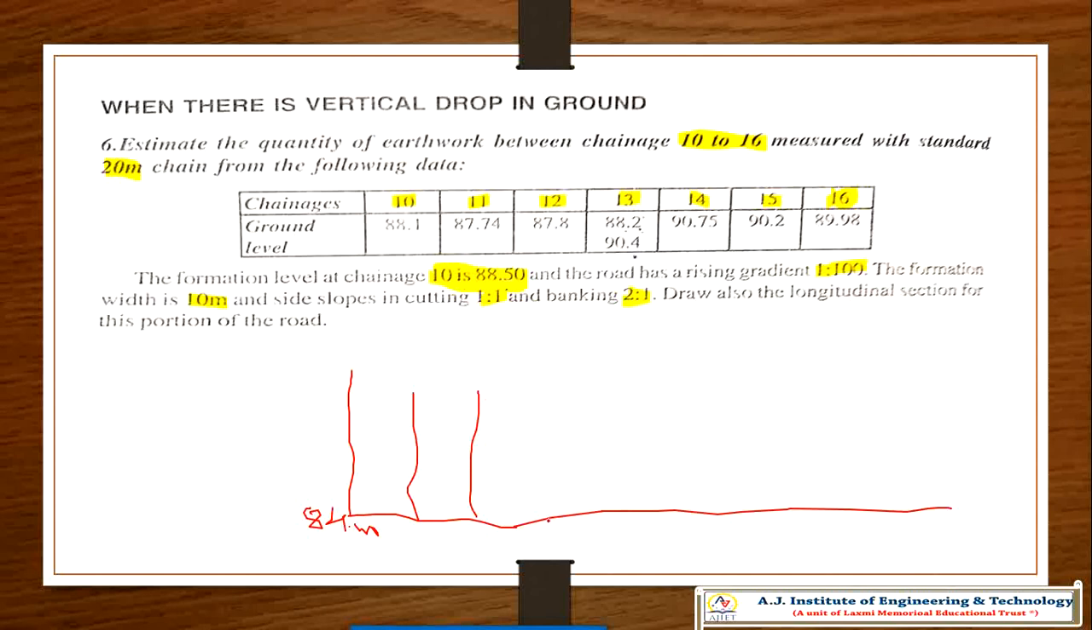Chainage number 13 has two ground profiles. One ground profile is 88.2, another ground profile is 90.4. And one more ground profile is 90.75, and one more is 90.2, 89.8. Like that it will come. So now your ground line will be